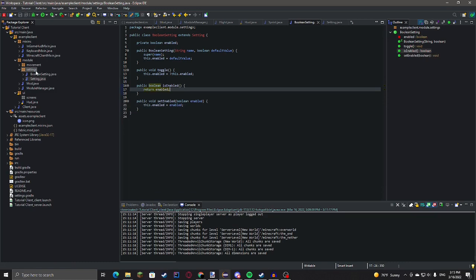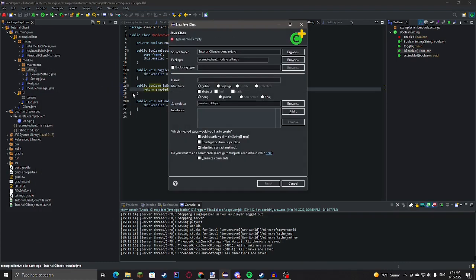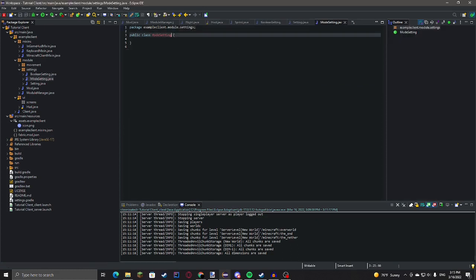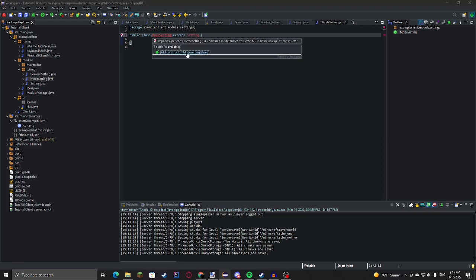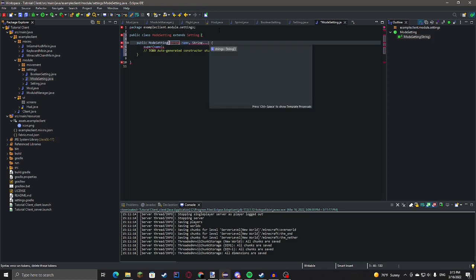So that's boolean setting. Then we'll make mode setting extend setting. Add the constructor, and then we want a string array modes. So the 3 dots just indicate an array.